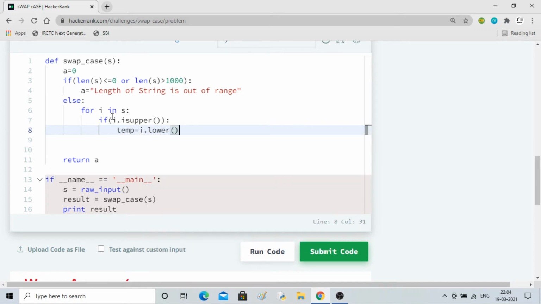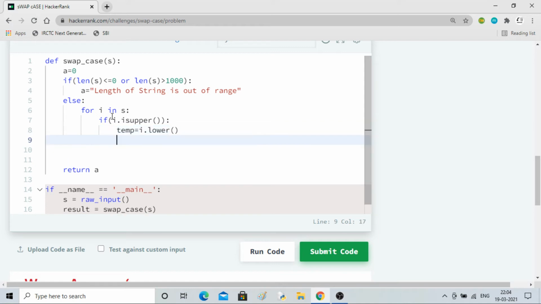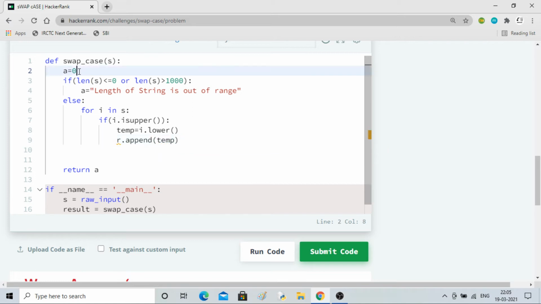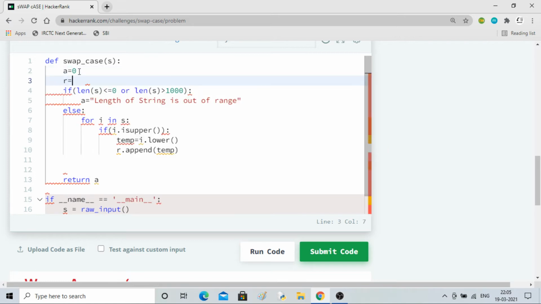So it will convert the variable into lower. Okay, and then we will store it to some, let's say R dot append temp. Okay, and here I'll define some R array or list.